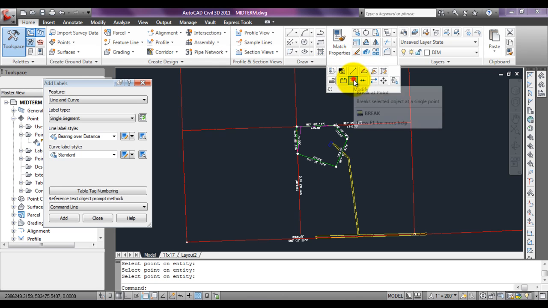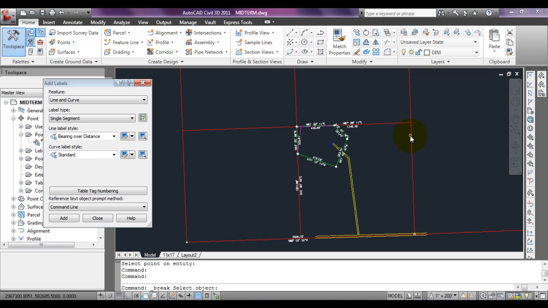Choose Break at Point. I'm going to break this object at this point. Okay, so that's done. Now my segment is just to that 40-acre corner. So I'm going to go ahead and add my annotation to that about the midpoint. Okay? So that should be sufficient for the